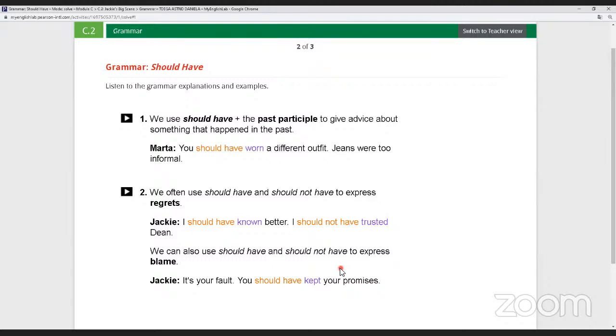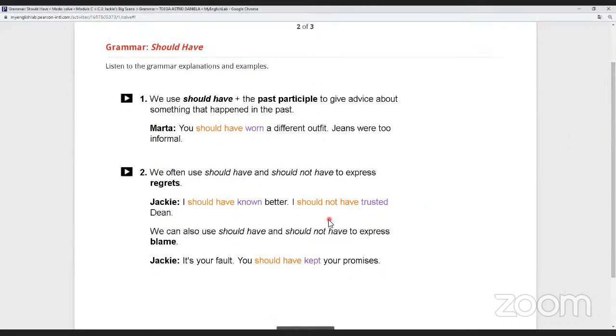Or I shouldn't have, what can we say? I don't know, I shouldn't have bought these little bags. We're going to suppose that. Because those are little, I forgot where to place it. But it's a supposition, it's an example, okay? So you have both options. It depends on the situation which one you're going to use. Should have, shouldn't have.